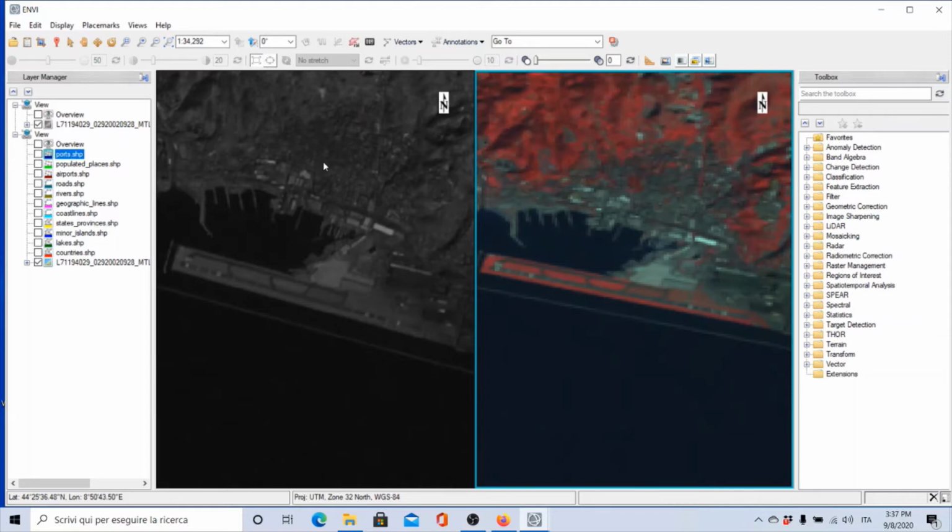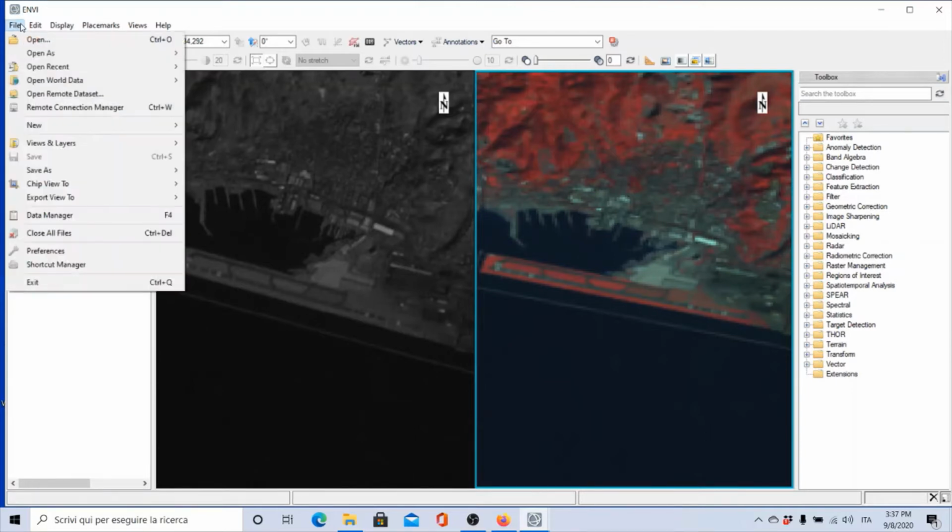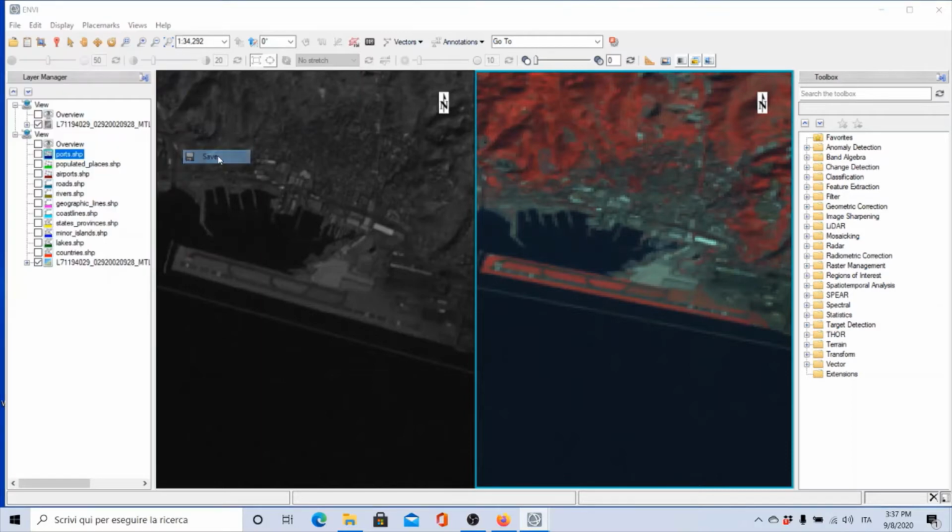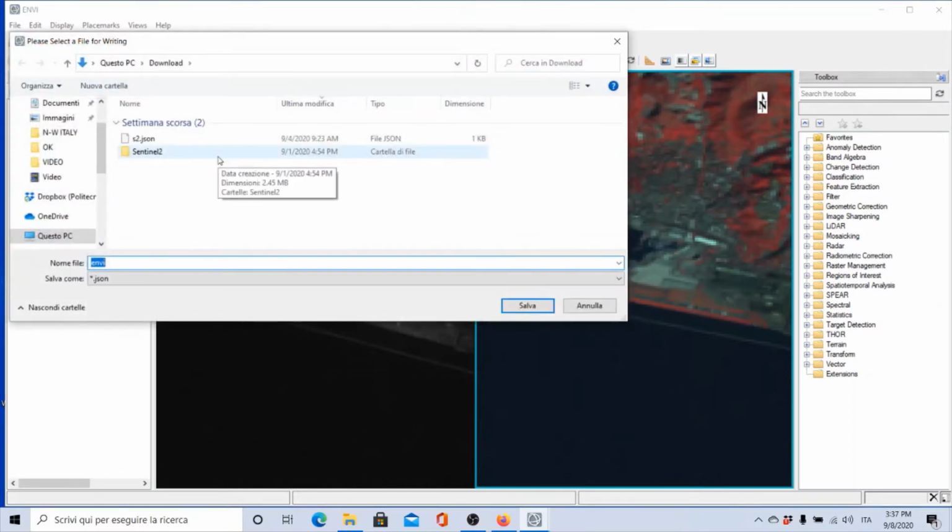I will open a sort of project where I will restart from the exact same position as this one. So in order to do that, I can go to the main menu, View and Layers, just to save the view and layers,